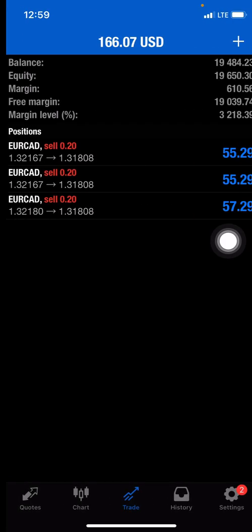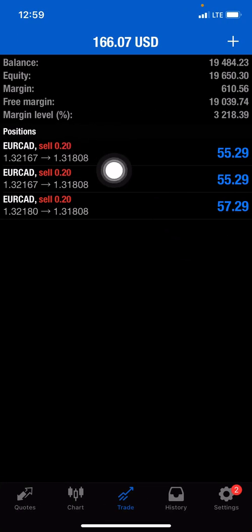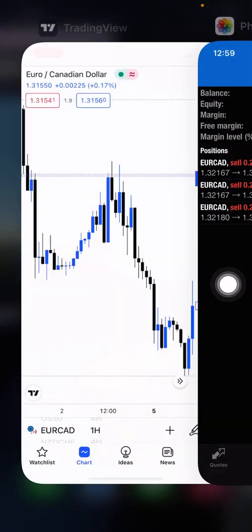And also, these were my trades. I didn't risk so much. I used the 0.20 lot size. I opened 3 trades, and then I was able to come out with at least $300, which was good. So guys,